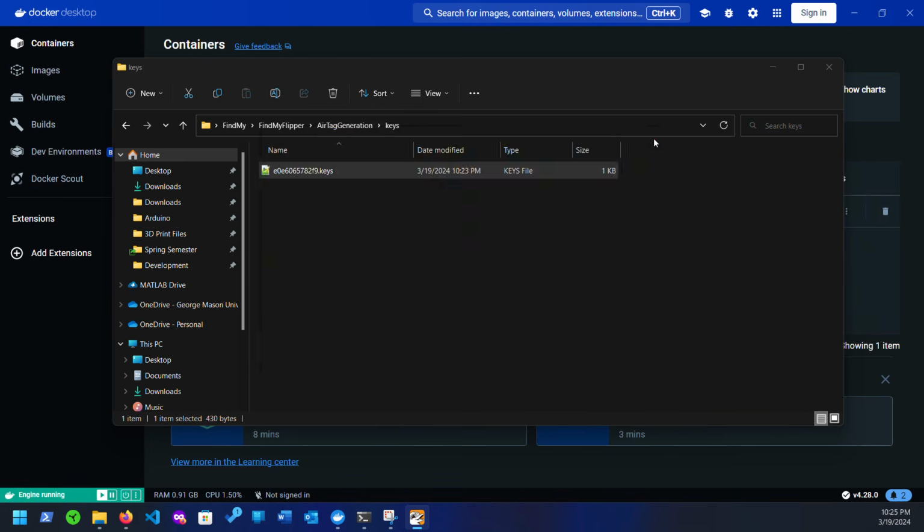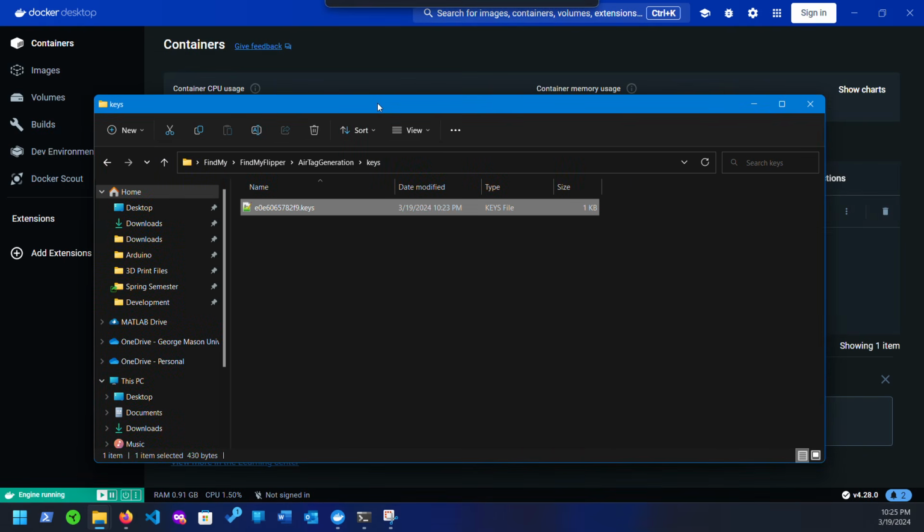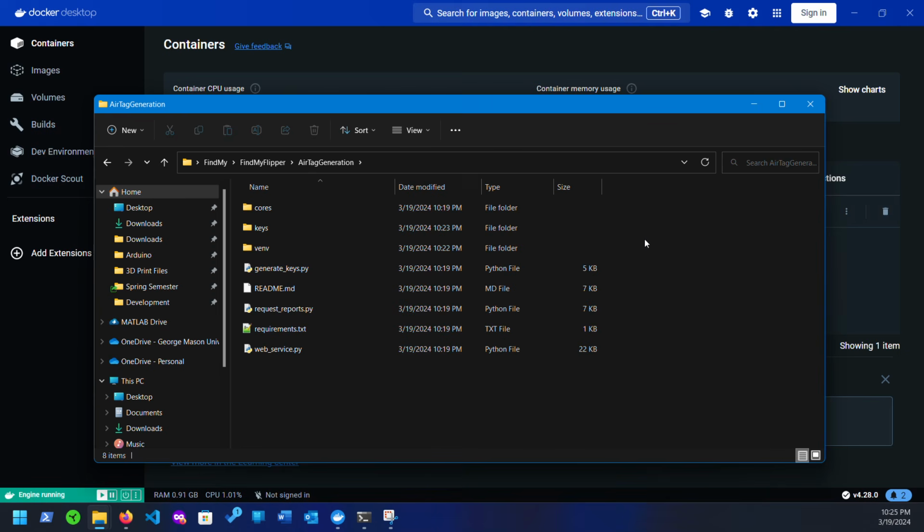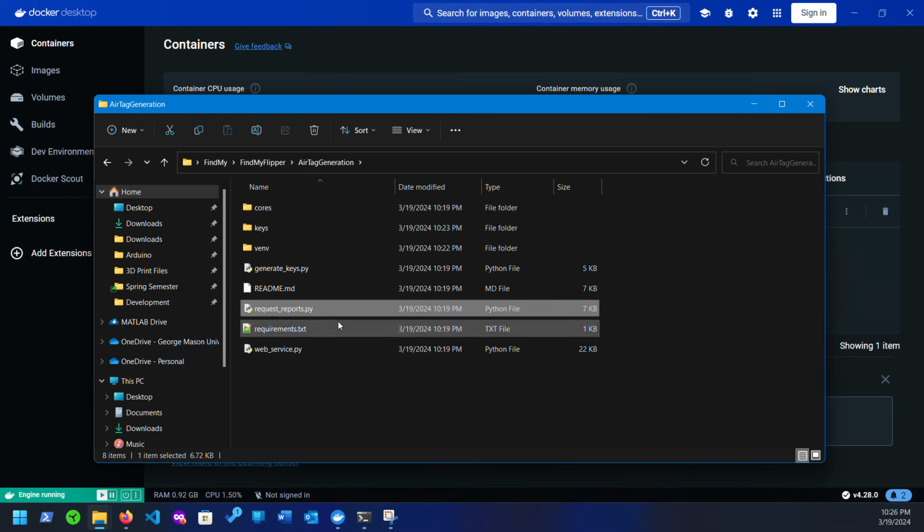You can import it from the app directly. So, that side can literally be sending out a beacon right now and start generating those location reports. While that does that, we will set up the rest. So our next two Python scripts are going to be request reports and web service. Request reports is going to do a real-time request for location data, and this is what you will need your